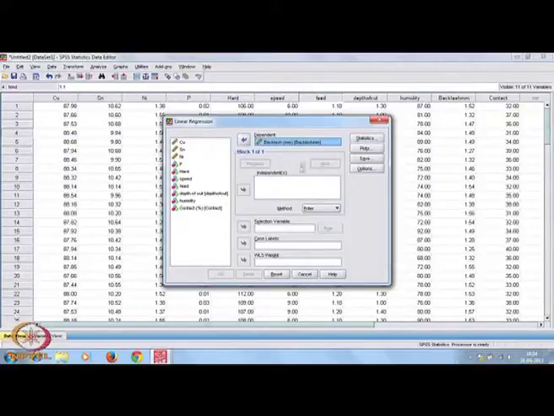Suppose you want to remove this variable, then the arrowhead, you see that immediately the arrowhead takes the reverse direction. So, click here, it is going up. If you want contact, click contact, come here like this. If you want to remove, do like this. So, let us take backlash.